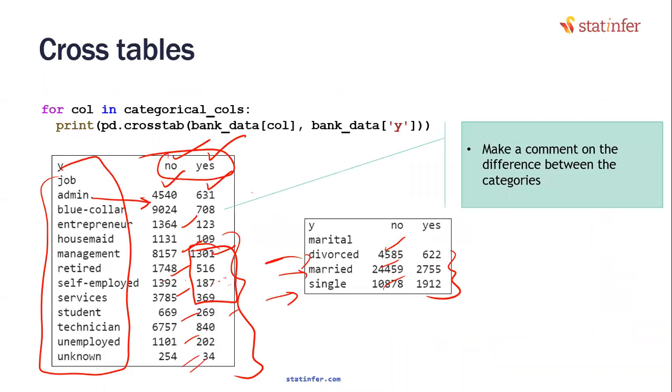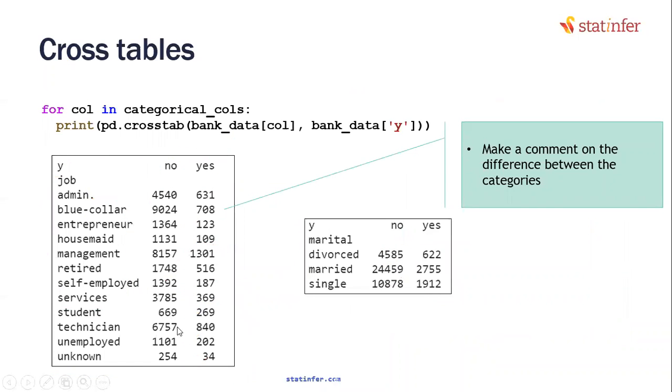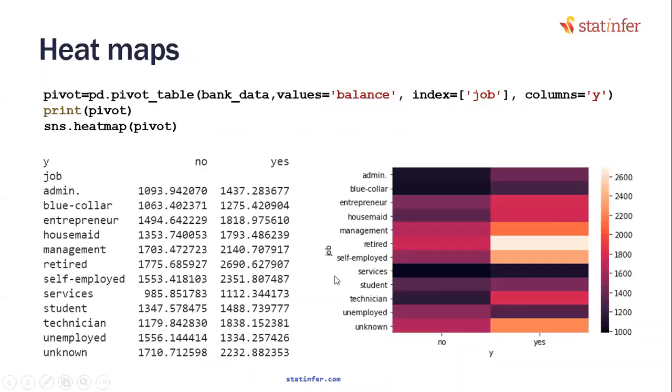Whatever we have created as a cross tab here, based on the numbers, if you put them in a table and color based on the numbers, then that becomes a heat map. The higher numbers will be slightly darker, the lower numbers will be slightly lighter in color. Okay. And different type of